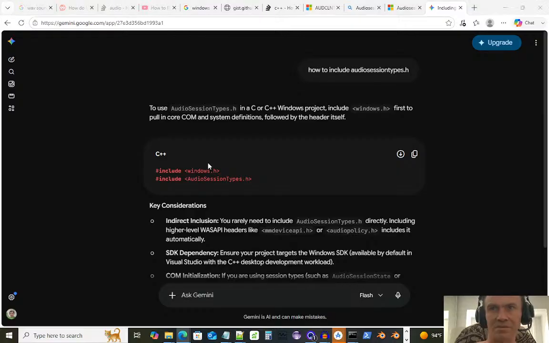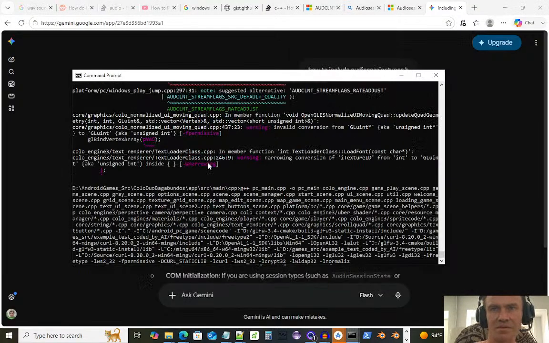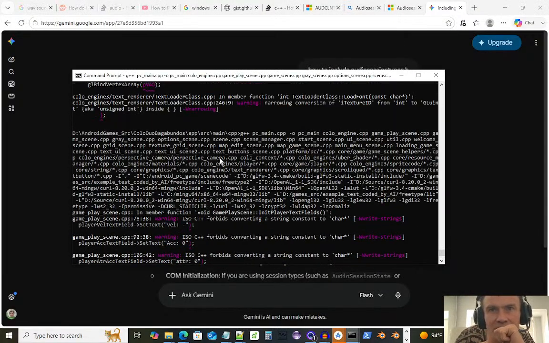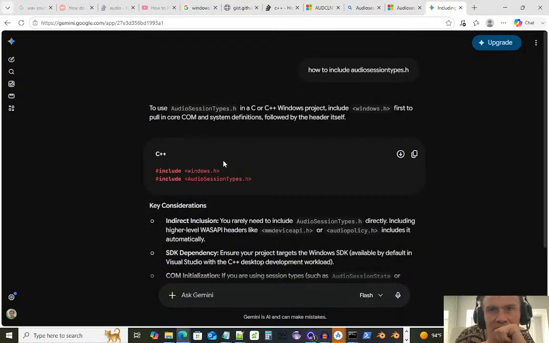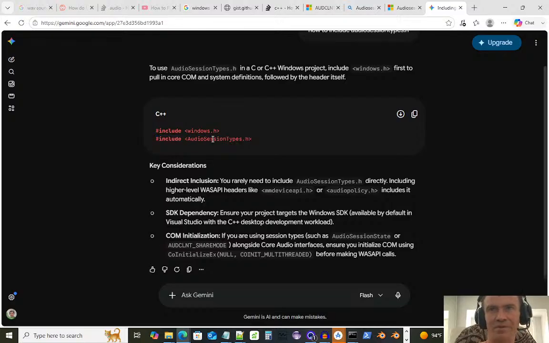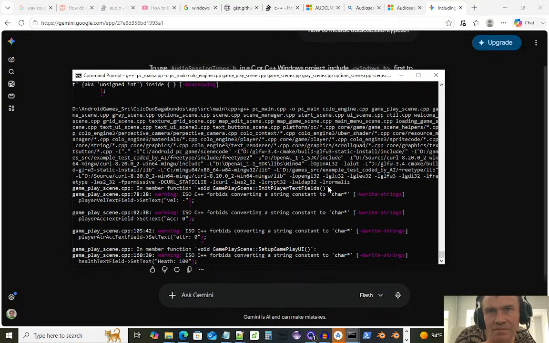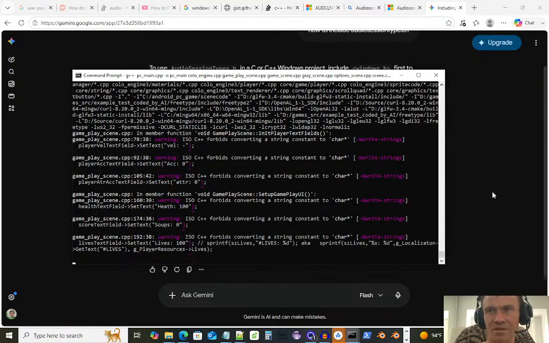Let's just try that. Whatever. I think that's the only header we need. Windows.ai session types. It's spelled with these capitals. Then there's this new